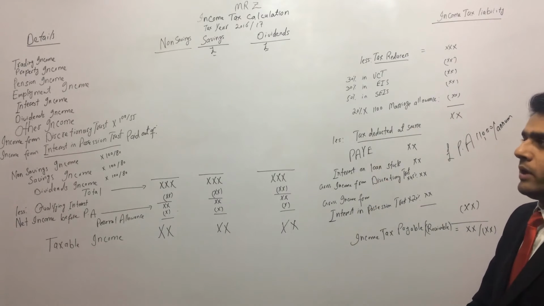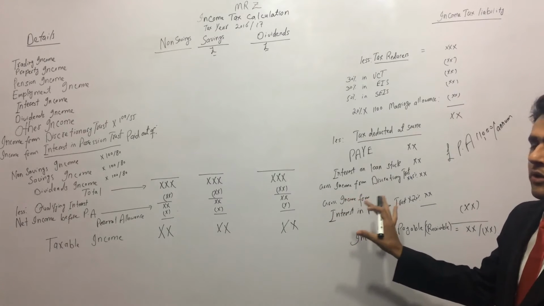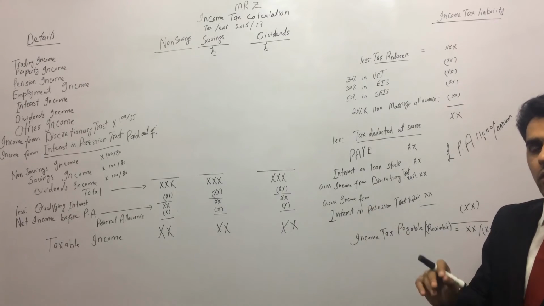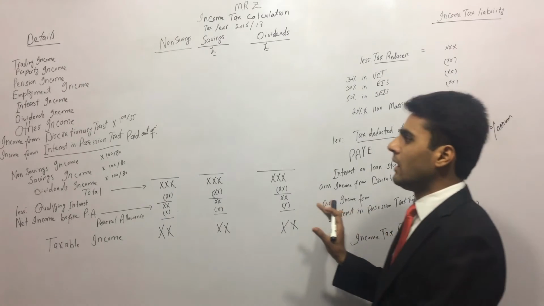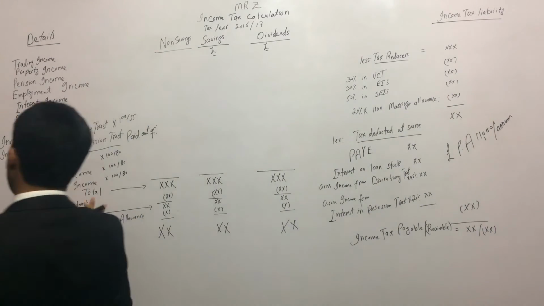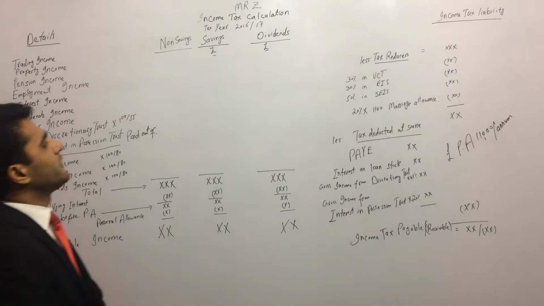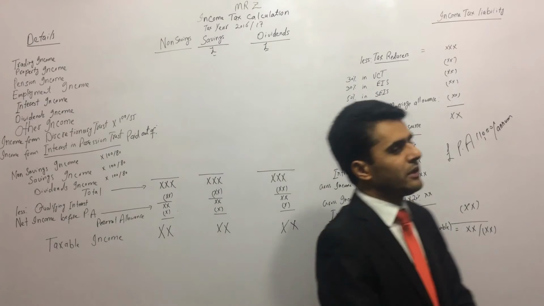So coming back to our board now, please do not write it down yet. When I finish this, please make sure you write down everything in your notebook, because if you write now, it will be less effective than if you write at the end of the lecture. All right. So Mr. Z, income tax calculation or income tax computation for the tax year 2016-17. That's how we make the income tax pro forma.